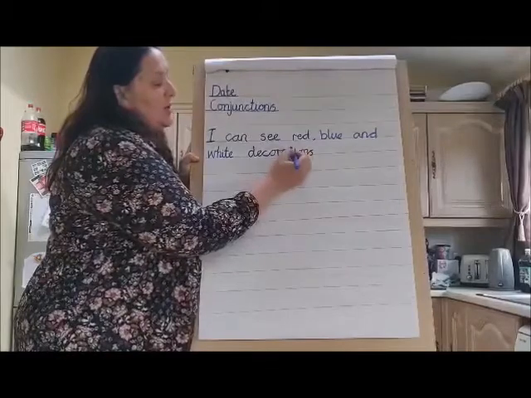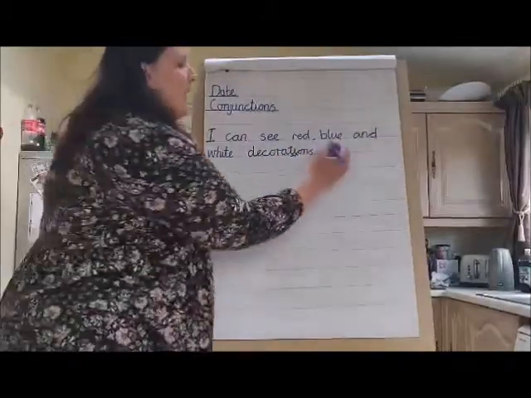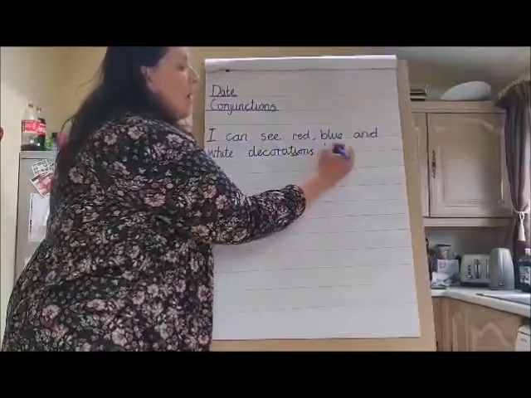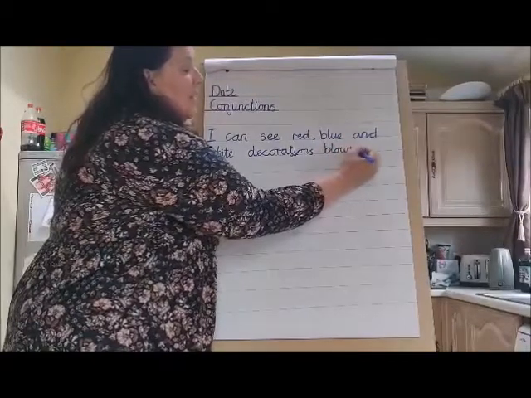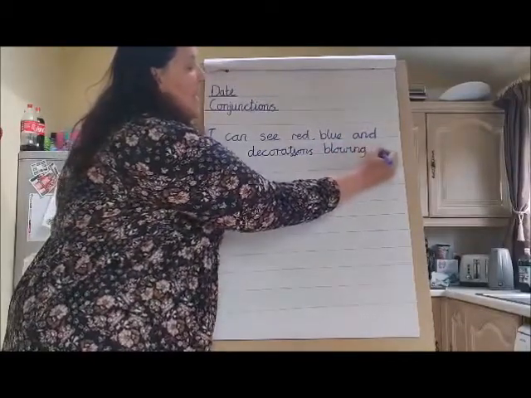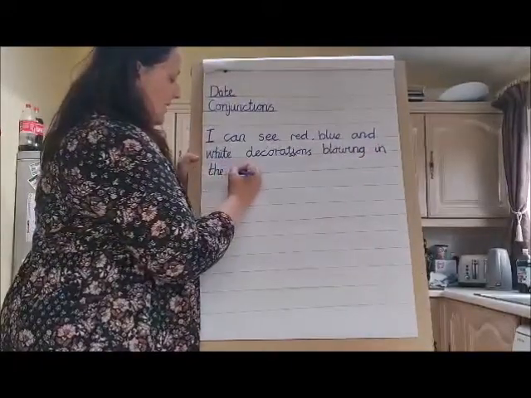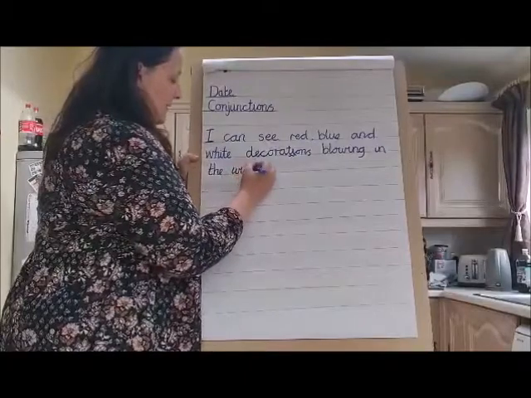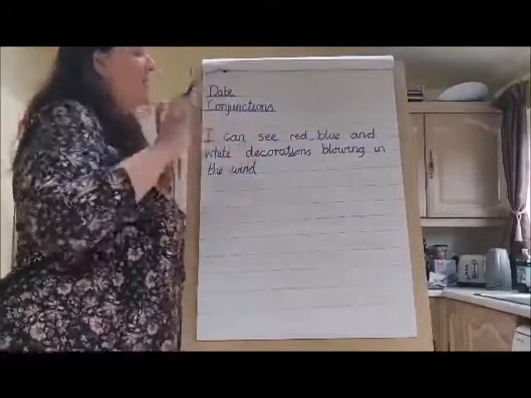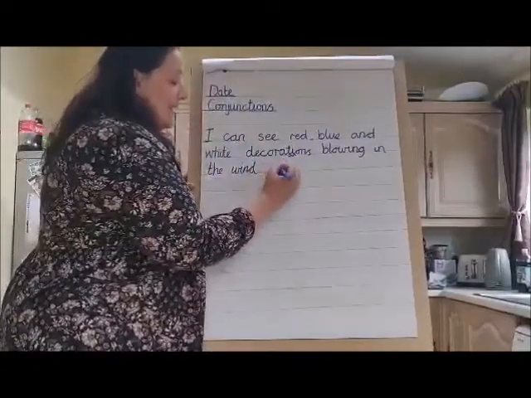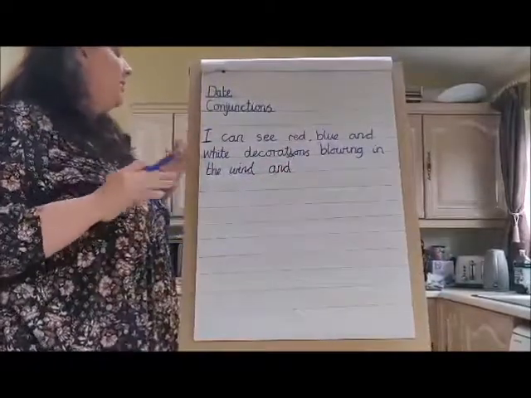That sh sound is ever so strange, a T-I. I can see red, blue and white decorations blowing, blow, suffix ing, blowing in the wind. Brilliant. So the conjunction I'm going to use here is the word and, because I can see other things as well. And I can see red, blue and white decorations blowing in the wind